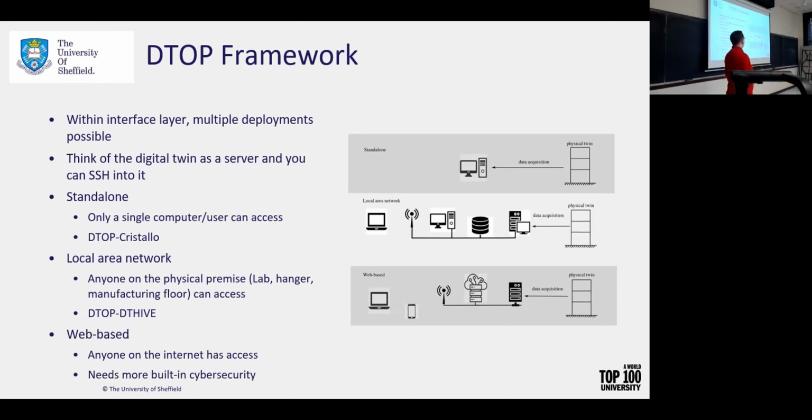And lastly, we have the web page, where anyone that has internet access can access the digital twin, whether that's on a computer or on a phone, it doesn't matter. As you would expect, this is very insecure. This is the type of deployment that you need to insert your own cybersecurity into, whether that's username and password, IP identification, authentication, whatever you need to do. In terms of upfront costs to deploy, you need to implement a lot more cybersecurity in this web-based deployment.